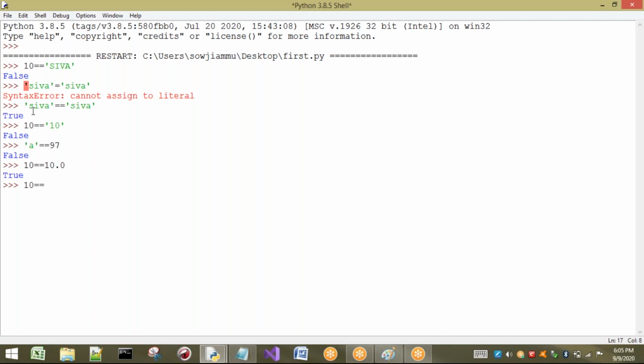Now I will consider one more example for this one. 10 equal to 10.1. Now you can easily understand what happens. 10 is int. If we consider 10 and 10.0, both are the same, no problem. But if you consider 10 and 10.1, both are different. That means on the right side value, we have 0.1 more. So we are not going to get true. We are getting what? False.